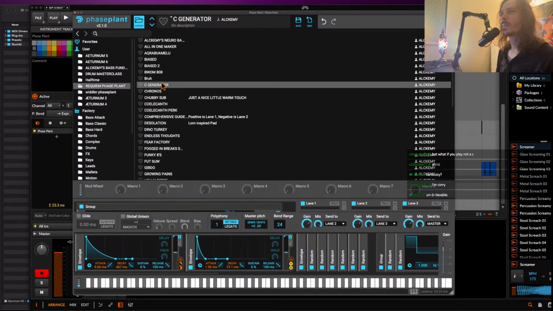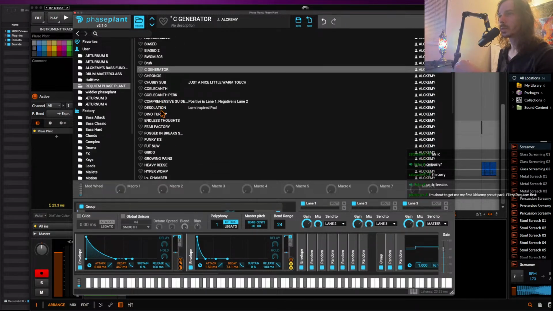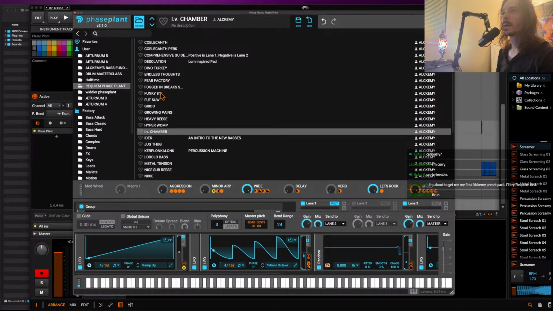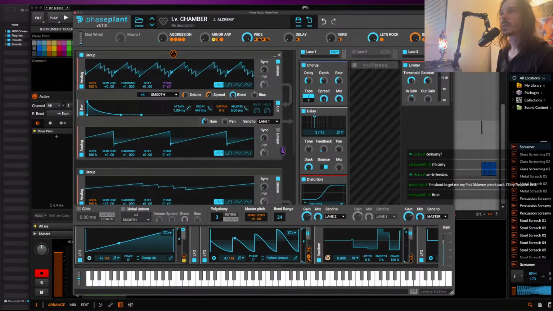So there's also some things that are in here. You'll see Coelacanth Perk. This is actually just a copy of that, so you won't find that in the pack. So my folder is going to look slightly different than the one that I'm including. But I do have some other conceptual things that I think are pretty nice too. So something like